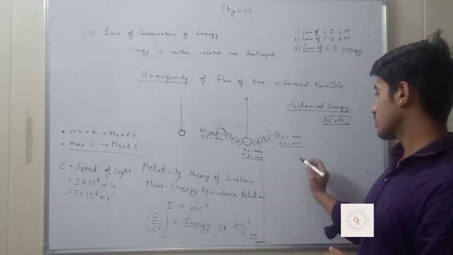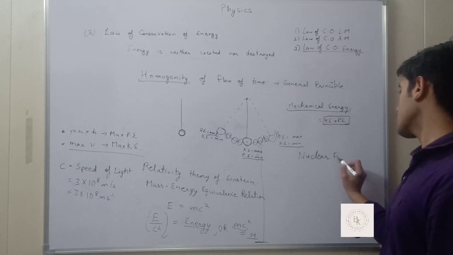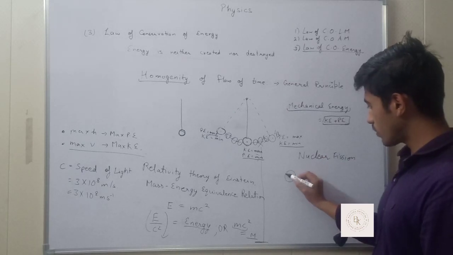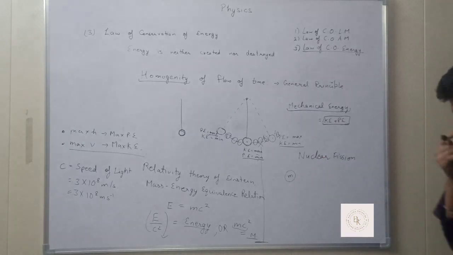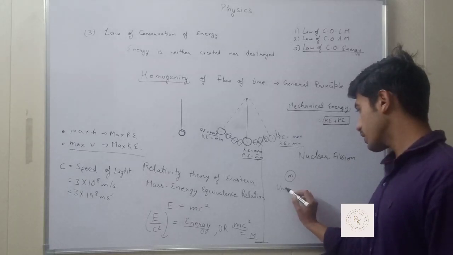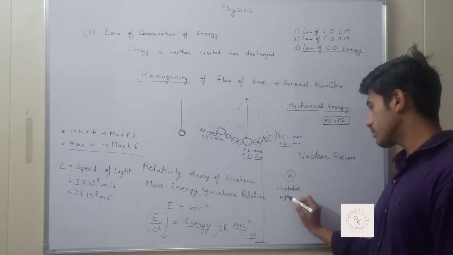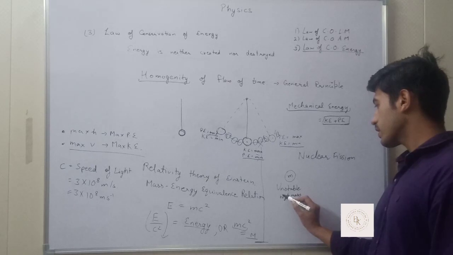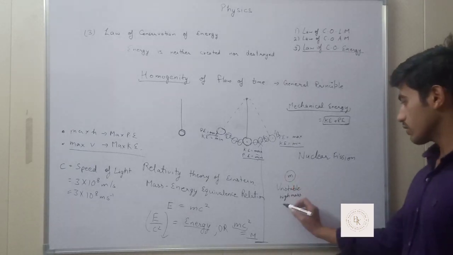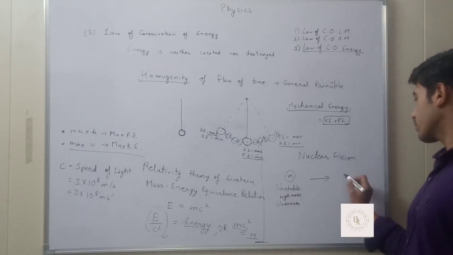For example, we can take the example of nuclear fission. In the case of nuclear fission, some mass is destroyed. This is the mass, and we say it is unstable because it has high mass. That's why this particular element is unstable. You can take uranium also. So once it gets converted into two smaller masses